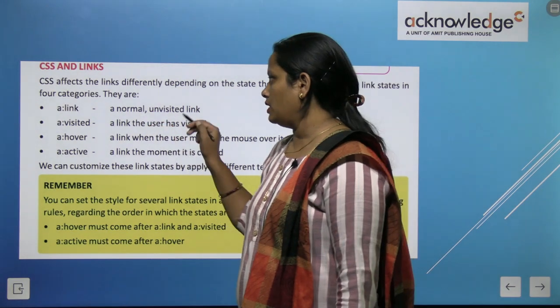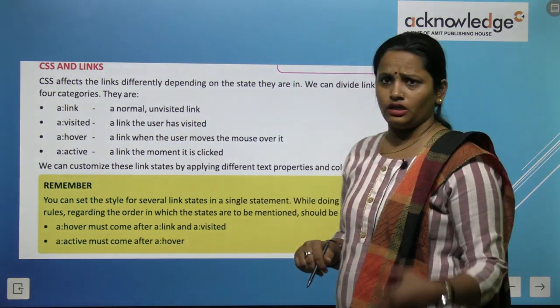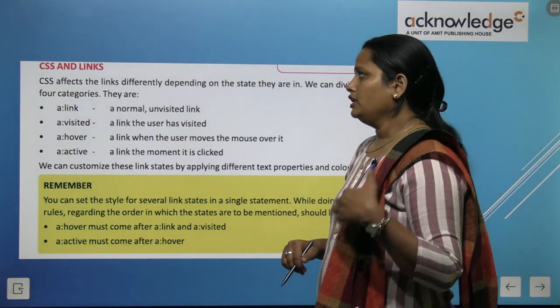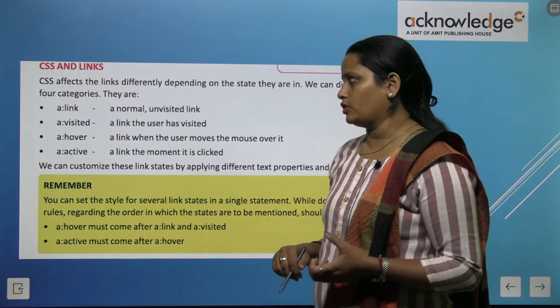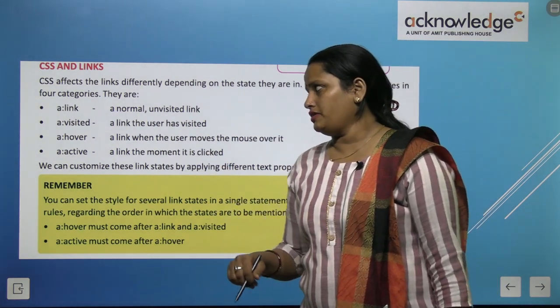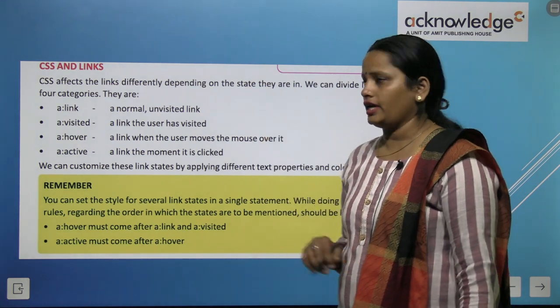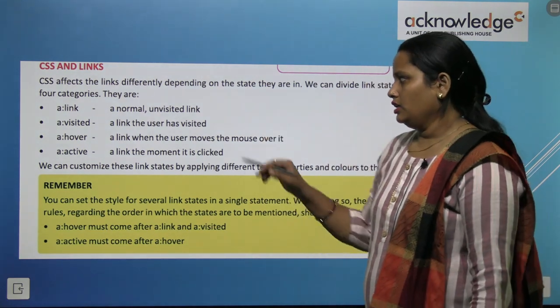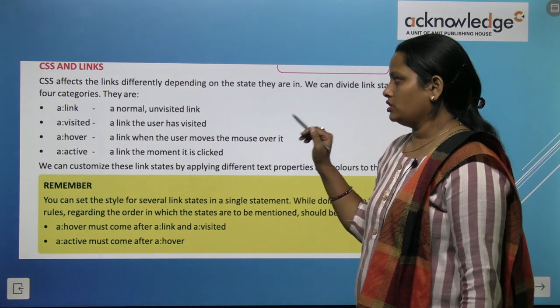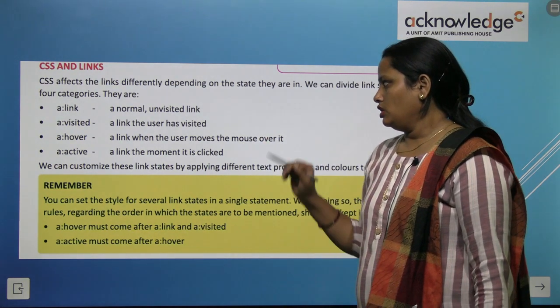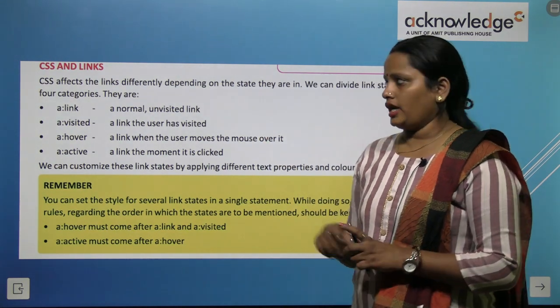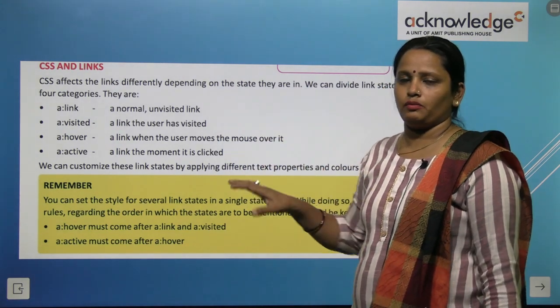A link is a normal and unvisited link. ये एक normal link है या फिर एक unvisited link जिस पर अभी तक कोई नहीं गया है. A visited is a link user has visited. ये link ऐसी है जिसमें user जा चुका है. Hover, a link which the user moves the mouse over it. So ये एक ऐसा link है जिसमें user बार बार अपना mouse move